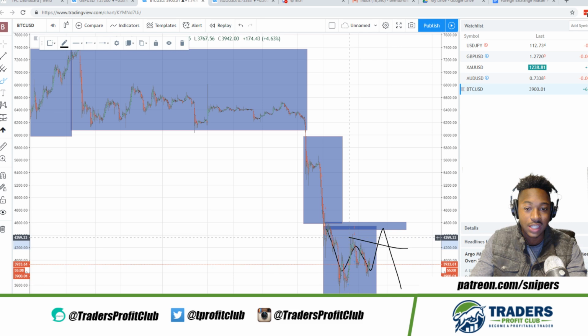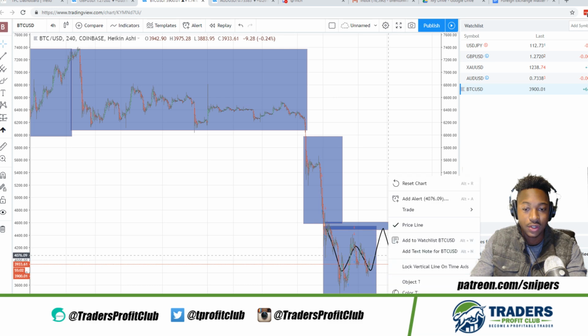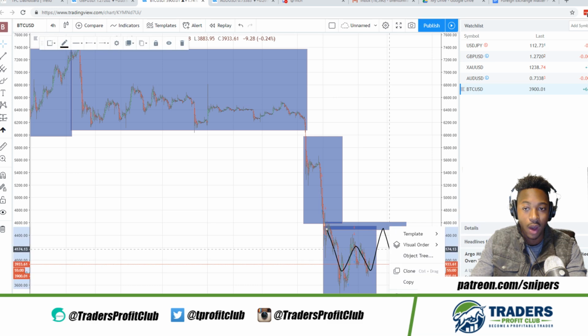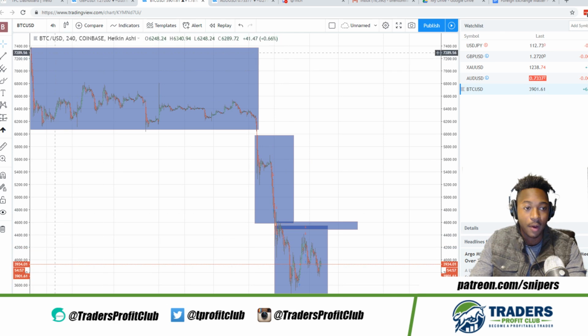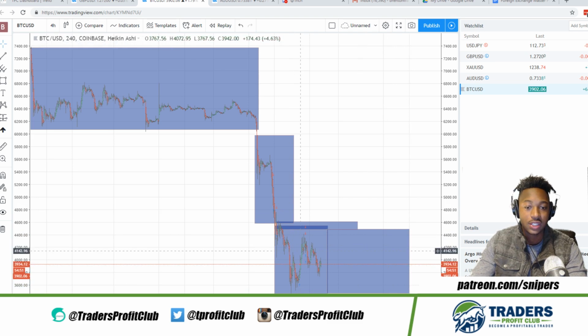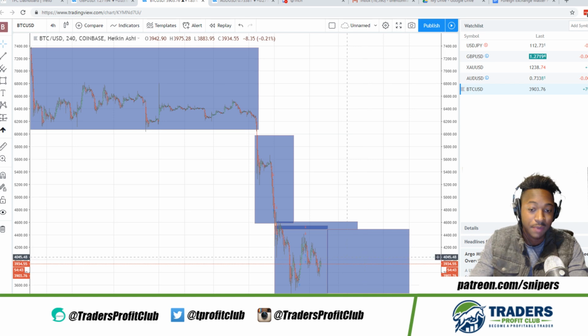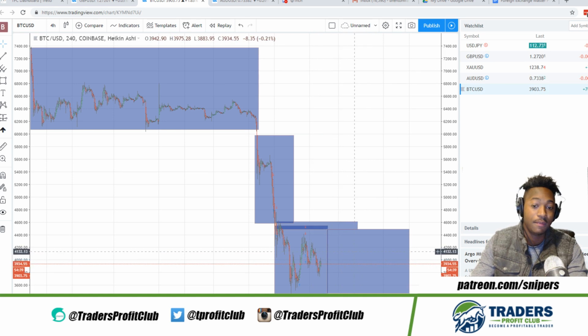If it consolidates in this area for a while, sorry, that looks like a bad drawing. I'll remove that real fast. If the market decides to consolidate in this area for a while, we'll be able to see market momentum push to the upside after it traps enough sellers, making that bearish sell-off. Okay, so this is the consolidation area. We can see this area probably be hit for maybe a while, maybe a little longer than expected, and we can see the market maybe even be consolidating until maybe